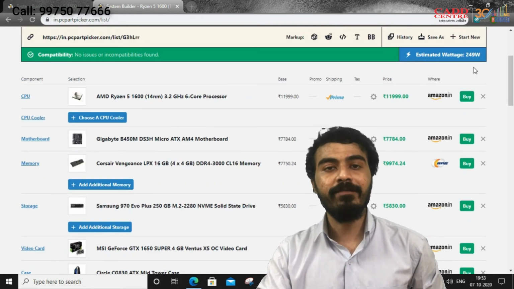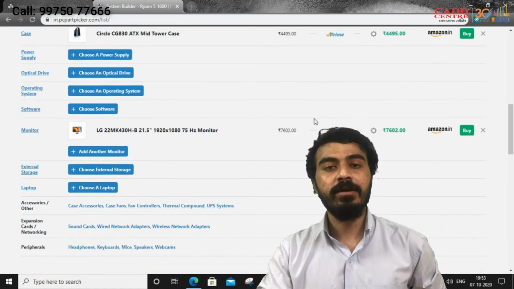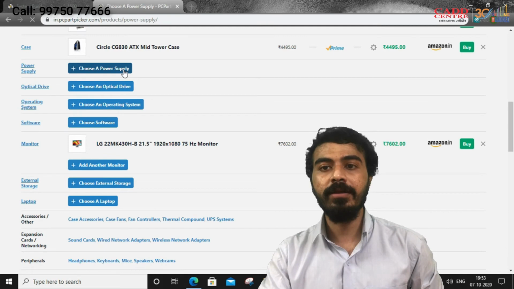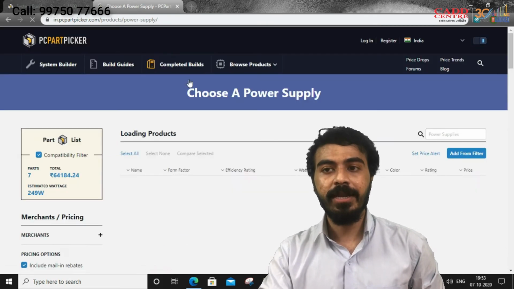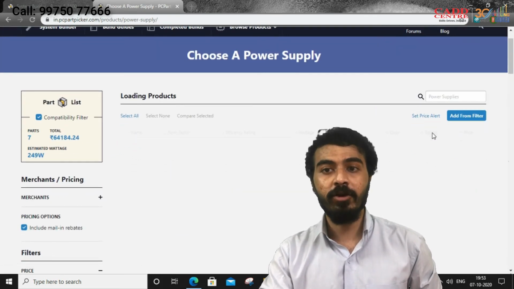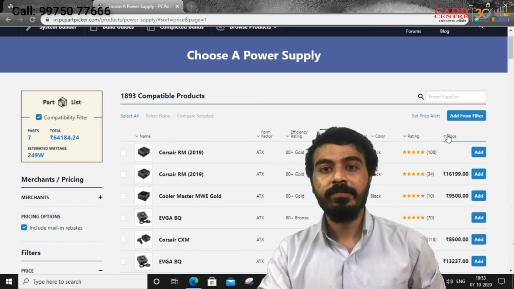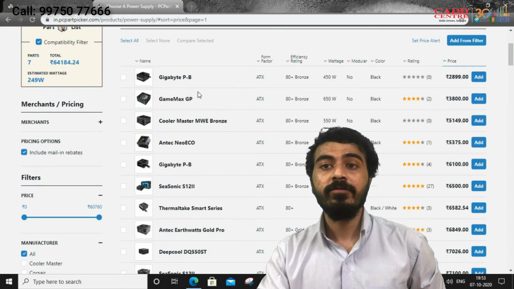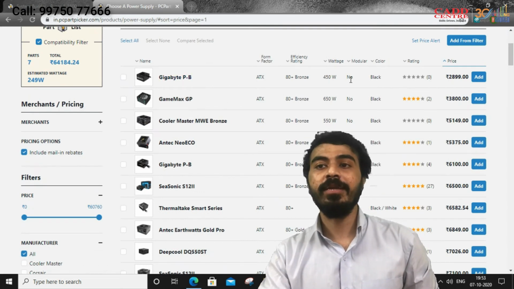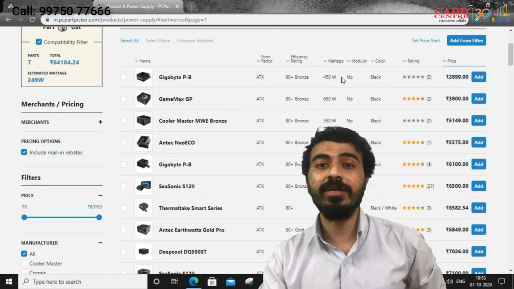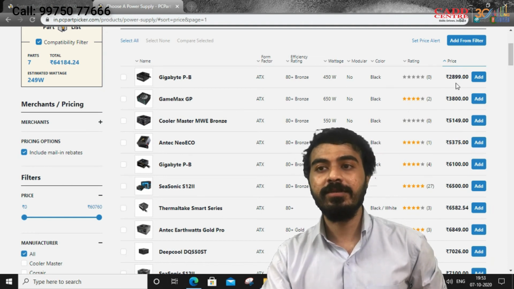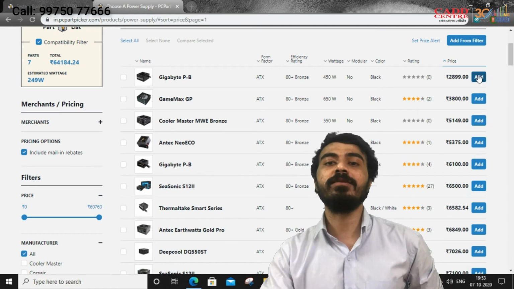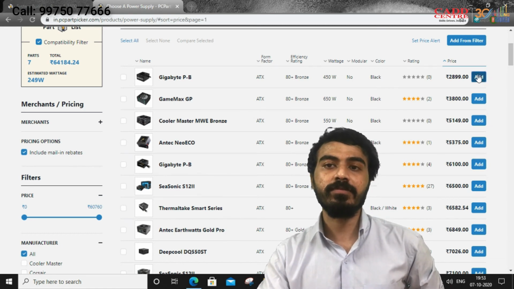So click on power supply. We need a power supply of up to 450 watts. First set the price, click on price tag. Okay, Gigabyte provides a 450 watt power supply at around 3000 rupees. So just select this power supply unit for our system.